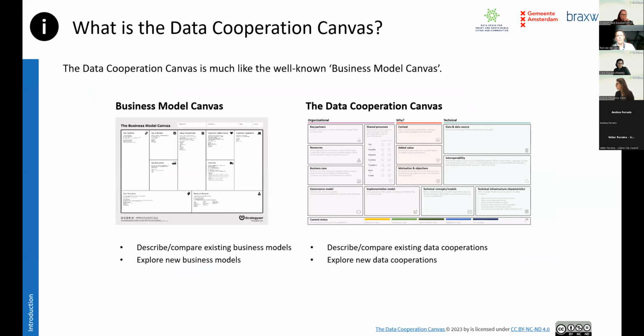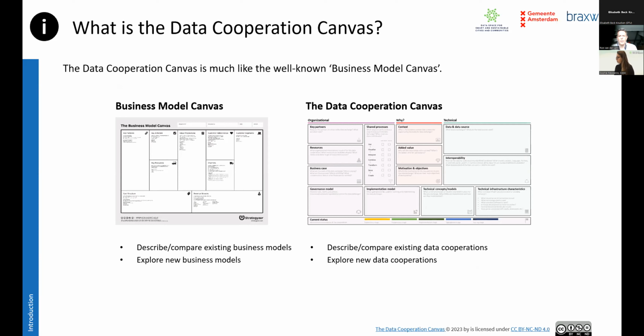The cooperation canvas was developed during the preliminary actions that has been closed last September, and we cooperated together with other working groups of the DS4SSC, in very good cooperation.